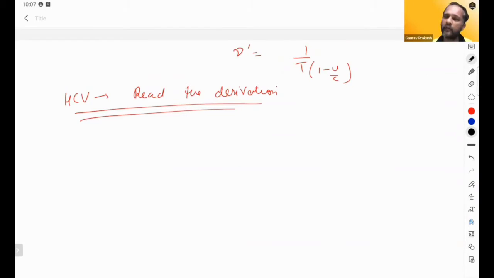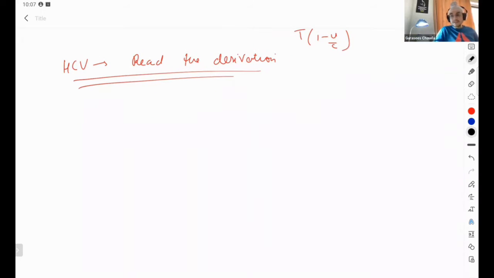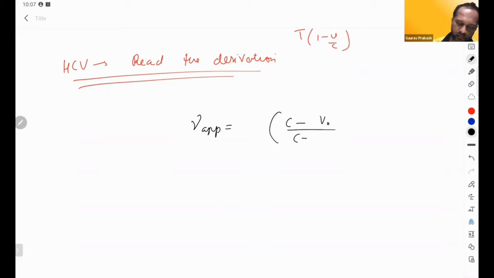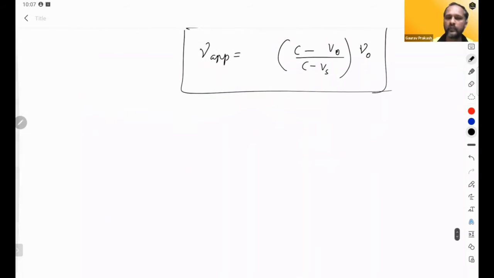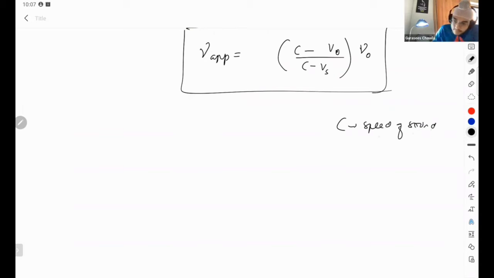मैं एक सिंगल फॉर्मूला आपको दूंगा जहाँ पे चाहे सोर्स मूव करे चाहे ऑब्जर्वर मूव करे। अच्छा, अभी तो मैंने बस सोर्स को मूव कराया है। तो देखिए जो फॉर्मूला होता है न्यू एपरेंट का वो होता है C माइनस VO upon C माइनस VS into new naught. Okay, this is the formula. Fine. C is speed of sound. V naught is the speed of observer. VS is the speed of